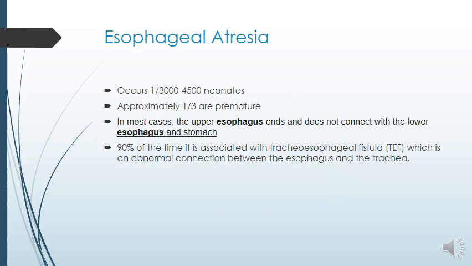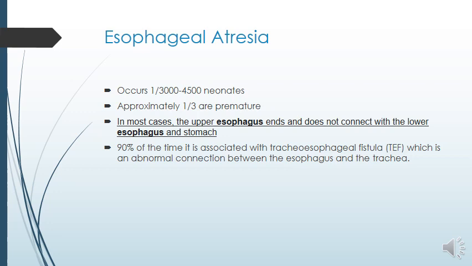Esophageal atresia occurs in about 1 in 3,000 to 1 out of 4,500 neonates. Approximately 1/3 of these children are premature. In most cases, the upper esophagus ends and does not connect with the lower esophagus and the stomach. In 90% of the cases, it is associated with tracheoesophageal fistula, a TEF, which is an abnormal connection between the